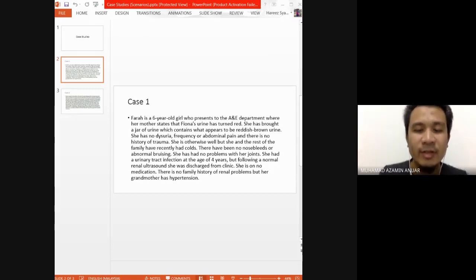So you want to know if somebody had a UTI before. You want to know whether the child had any positive urine cultures. Because nowadays you see a lot of people with recurrent UTIs, but what does recurrent UTI mean? Does it mean that they had symptoms of UTI, fever, and then they were given antibiotics and got better? So if somebody had UTI 10 times, you want to know, do those 10 times have positive urine cultures?